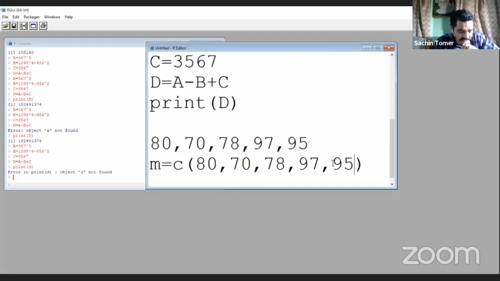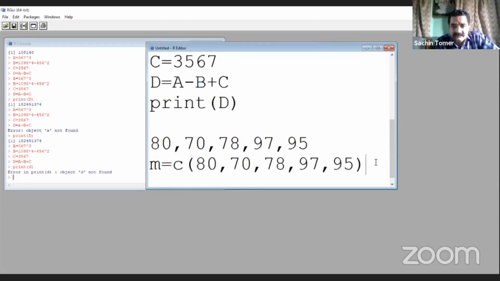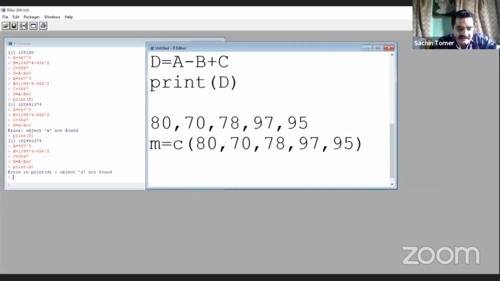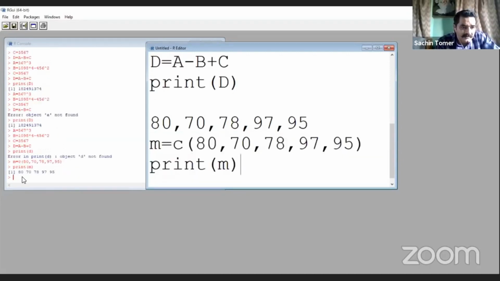This is the method through which we can store more than one value into a single variable. Let's run it. Before running it, we have to write print M if we want to get the numbers in the console window. So let's run it, Control R. The numbers are 80, 70, 78, 97, and 95.